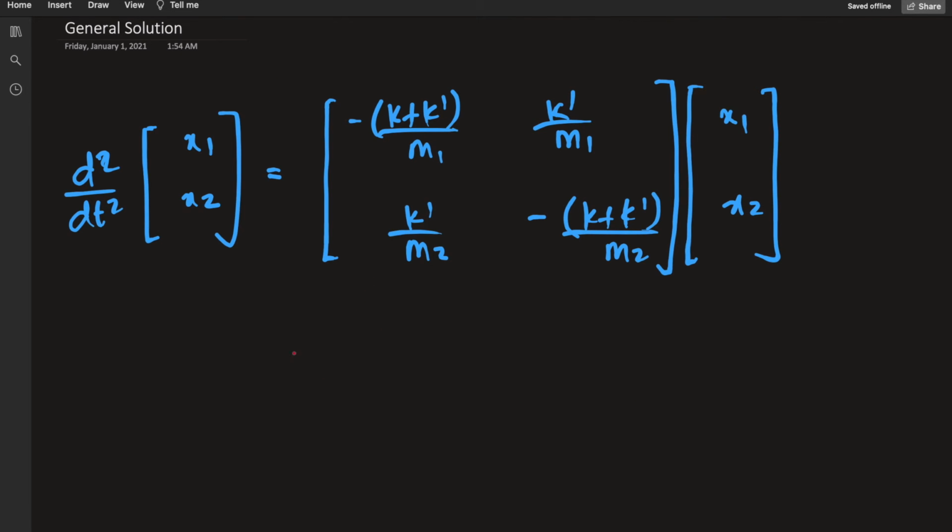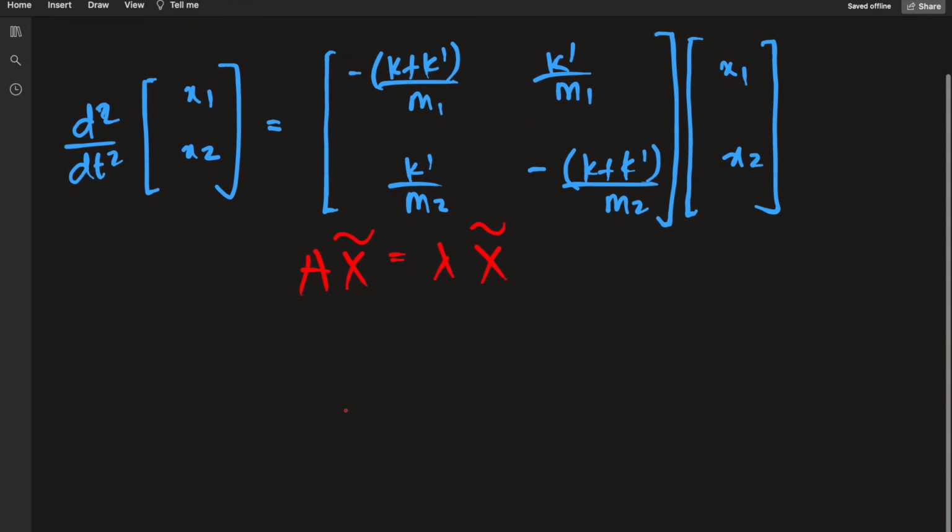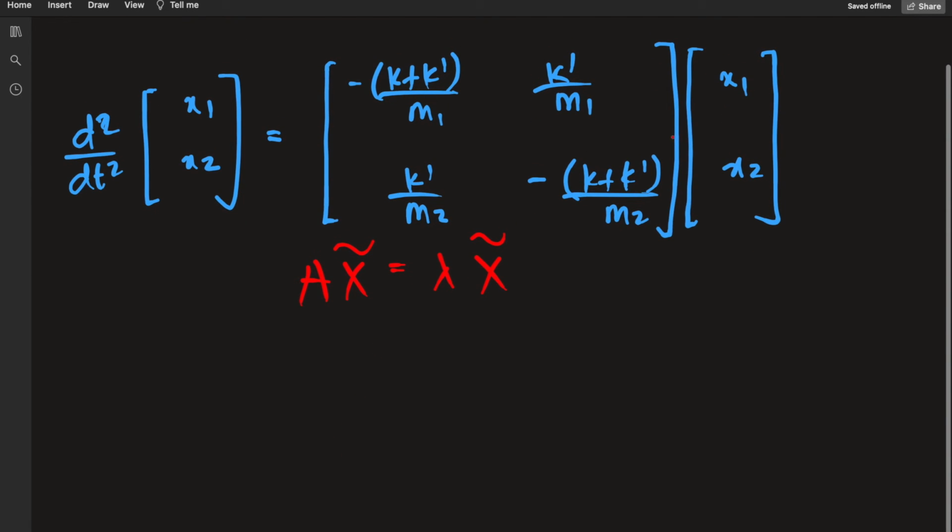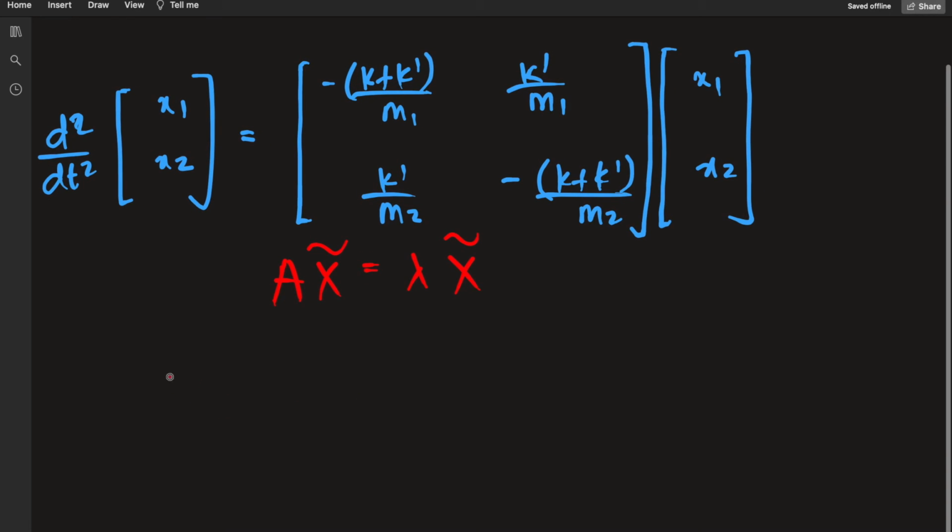Okay, so now going forward with whatever we were doing, we had the system A x tilde is equal to, I don't know, some lambda x tilde, which was basically this matrix vector multiplication. And using the properties of eigenvalues and eigenvectors, we can break this down, at least this guy, first into